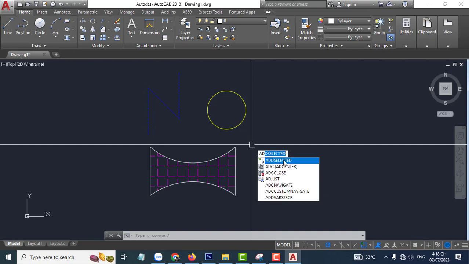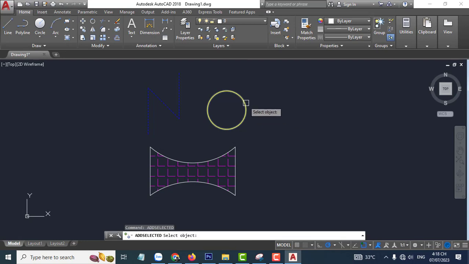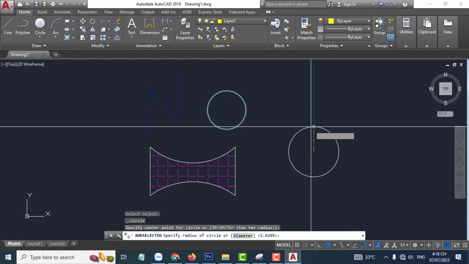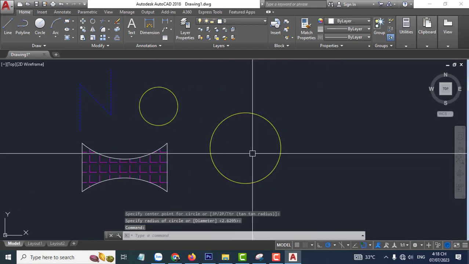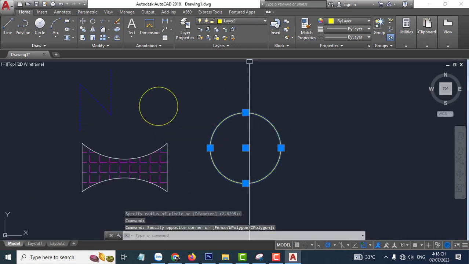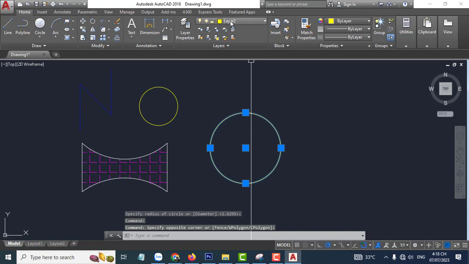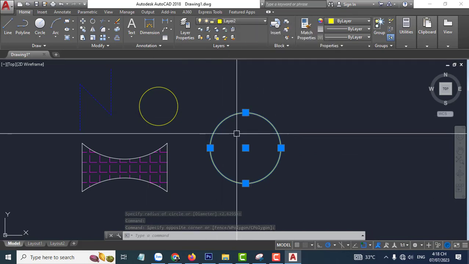Add Selected, click here, select the circle, and draw a new circle. Very easy. Properties, layer, same as the circle. Okay,